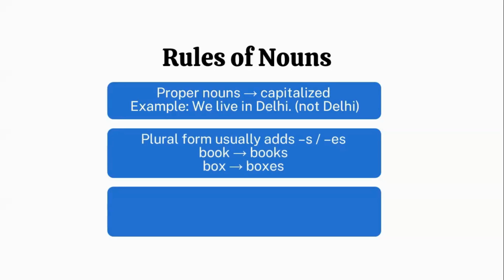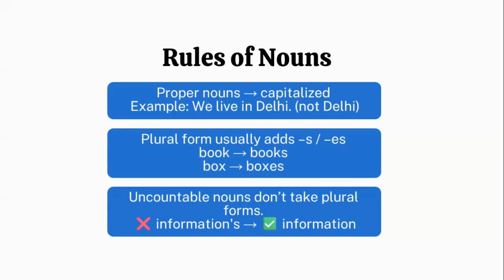Next, we have to know the plural form, which usually adds s or es. Okay, like book. So here book is a single thing and books is plural. Second example, box. With box, es is added, right? Then it turns to plural form, that is boxes. Okay,